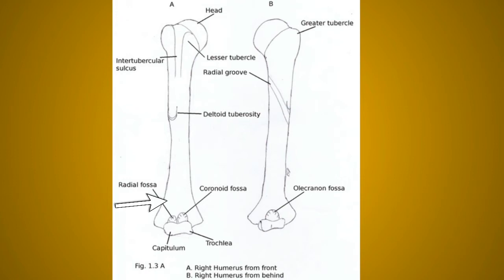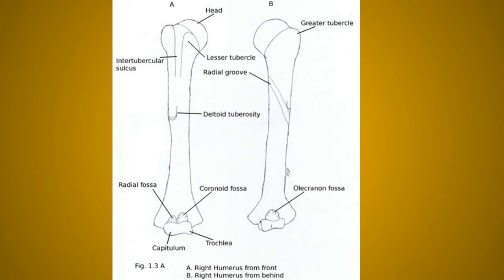Now the lateral border of this triangular area is actually prominent only at the lower end and actually forms the lateral supracondylar ridge. Okay. Now in the upper part it is barely traceable up to the posterior surface of the greater tubercle. Remember, in the middle part, it is interrupted by the radial or the spiral groove.